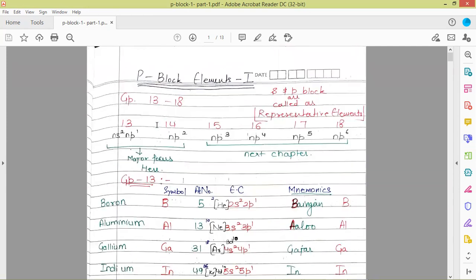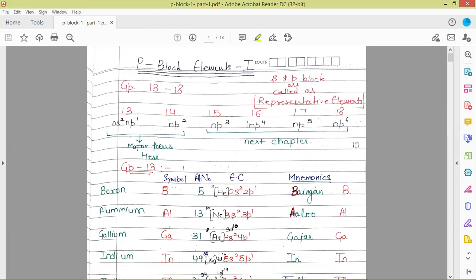As we all know, in case of P block elements, there is a filling of the p subshell. The p subshell has an electron capacity of 6 electrons. So in group 13, there is 1 electron. Then group 14 has 2 electrons in p orbitals, for group 15 it is 3, for 16 it is 4, for 17 it is 5, and then for group 18 the p subshell is full, that is 6 electrons for the noble gases. Group 18 are the noble gases. Noble gases you have already covered in your last semester.